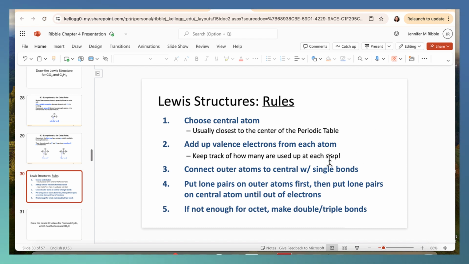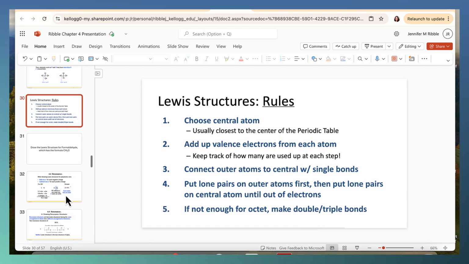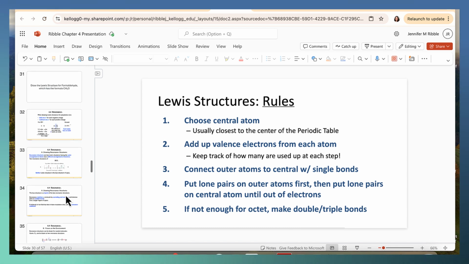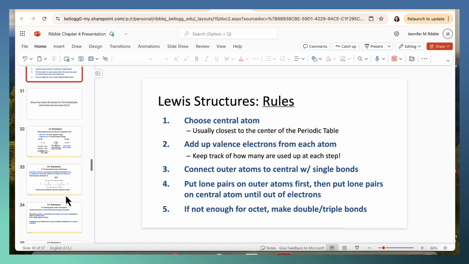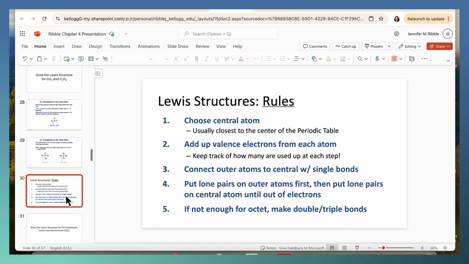You'll add up the valence electrons from each atom, or go ahead and draw them, and then you can start connecting the dots. So connect the outer atoms to the central atoms, start with single bonds, put lone pairs on your atoms that don't have a full octet, and then if you don't have enough, make double and triple bonds as needed. All right, that is as far as we got in Chapter 4,